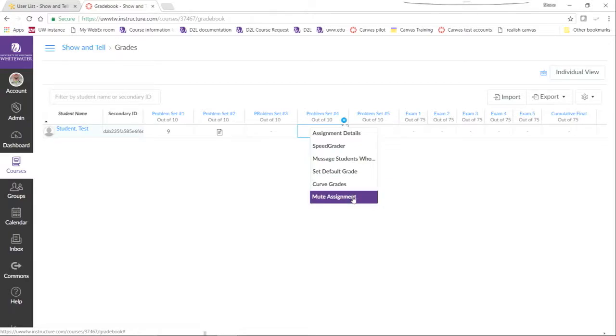There's also mute assignment. If students have their announcements set up so that they get a text message or an email anytime you make a change to the gradebook, you can mute this assignment, which means that they won't get that messaging. Then, when you're done and you've finished grading it for everyone, you can unmute it, and then everyone will get the messaging at once. This is handy in those cases where it takes several days to go through and hand grade some larger assignments, and you don't want some students finding out that someone else already got their feedback and they're waiting on theirs.